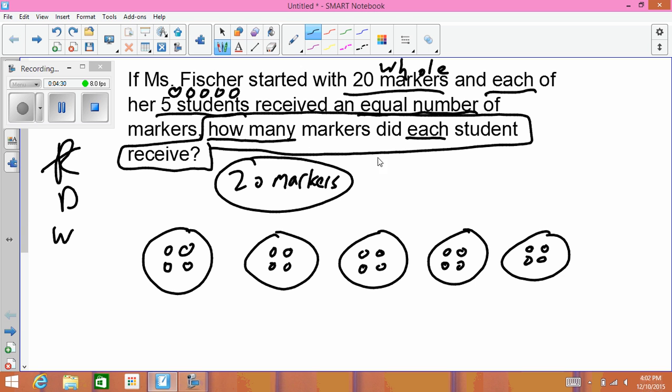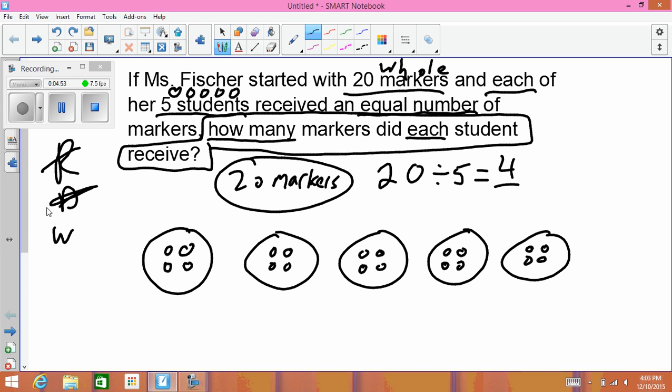Okay, so let's go to model mathematically now. So I had 20 markers, and I divided it among 5 students in 5 groups. My quotient is going to be the number of markers each group received. So looking at each group, they each received 4 markers. So 20 markers divided into 5 groups is 4 markers per group. And you can see that each group does indeed have 4 markers. So my model is now done. For my